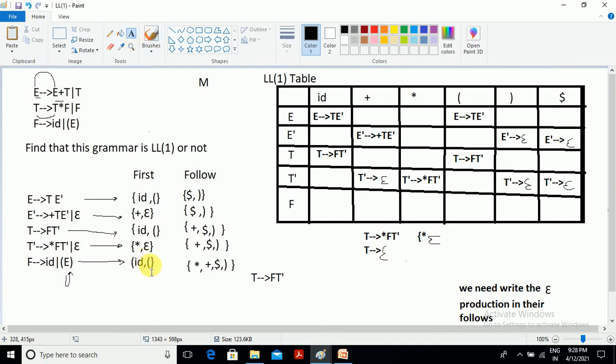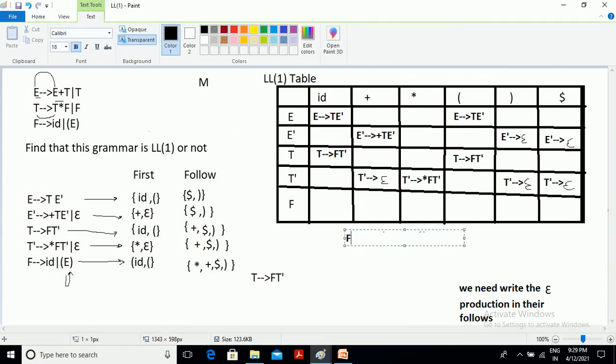Okay, the next F. How many firsts are there? ID and open parenthesis. There are two firsts. One is ID, the other is open parenthesis. Now ID is found with one production, that is ID only. The other first is found with the open parenthesis, E and close parenthesis production.